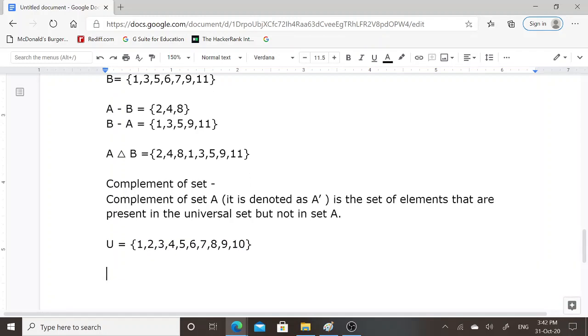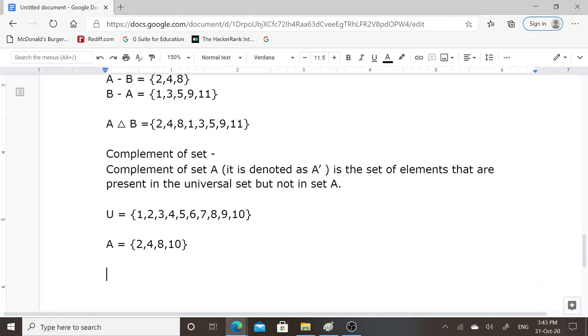Now consider set A. Set A contains element 2, 4, 8 and 10. Now if we want to perform set A's complement operation, then this set will contain only those elements that are present in universal set but not present in set A.